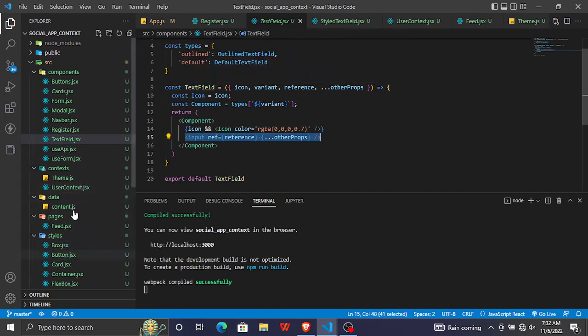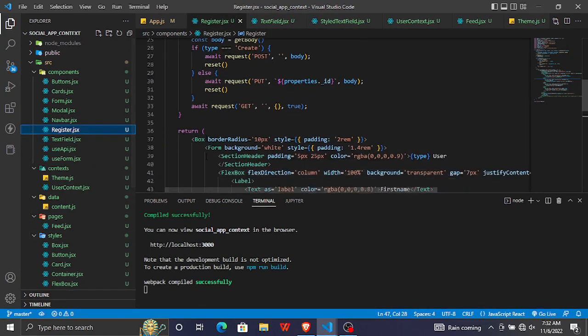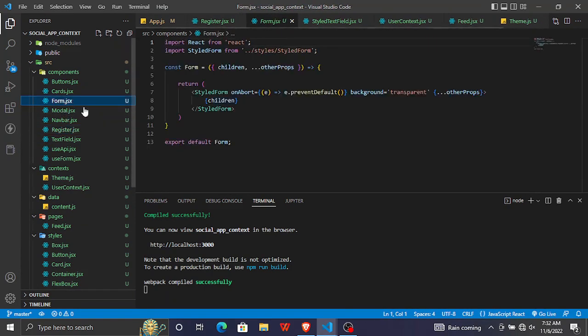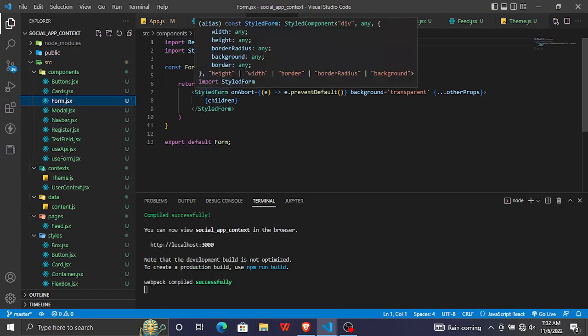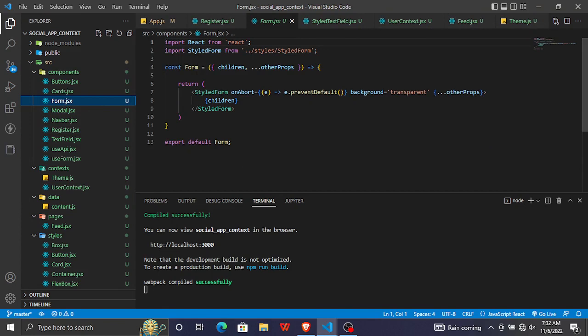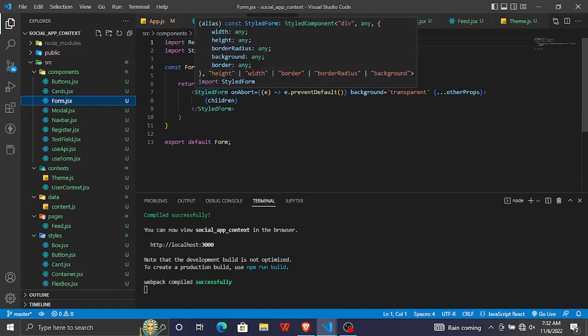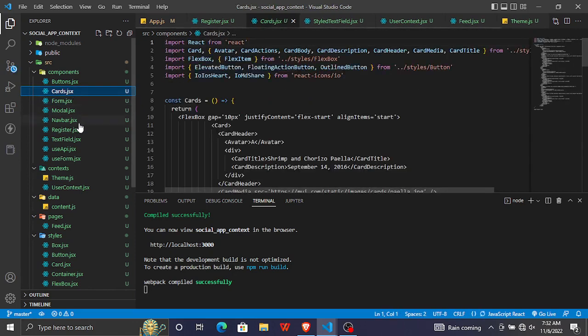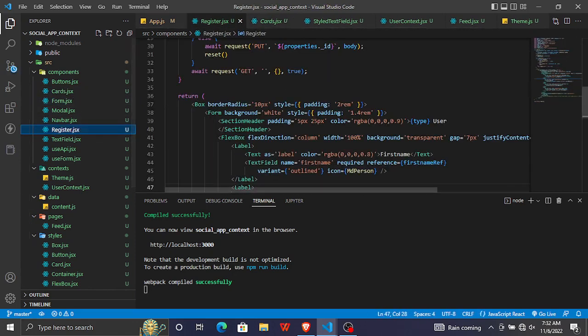If I go into this page, it's being rendered inside a form. This form is actually a form. The style form is okay, it's a div, but it can be changed to a form. So how you render it or handle